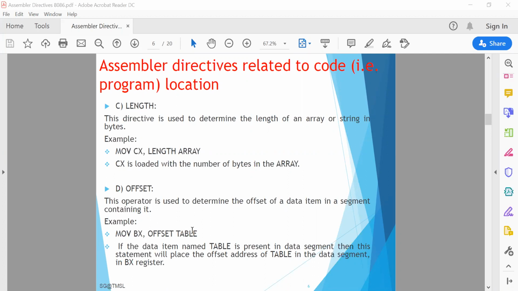If you have the name of that particular data byte which is stored at some offset address, here it is named table, so that can be used by the bx register to hold the offset of that particular data byte whose name is table.